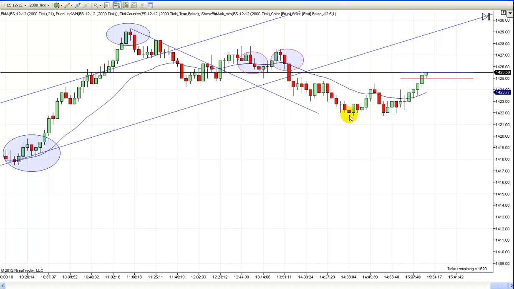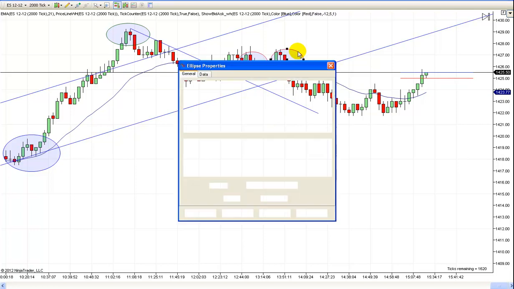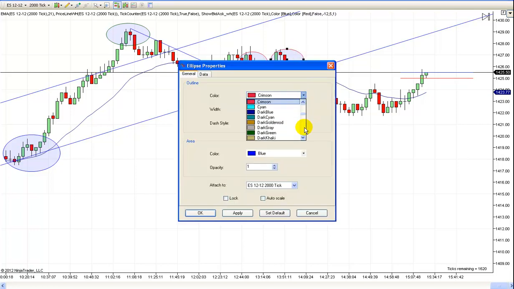Now, you don't know that it's going to come way down here, but you figure it's going to come down, at least test this support area, test this support line of the trend line, and there's plenty of room to scalp out there. But what will happen a lot of times, and actually the more I think about this, I'm going to change that one to green,